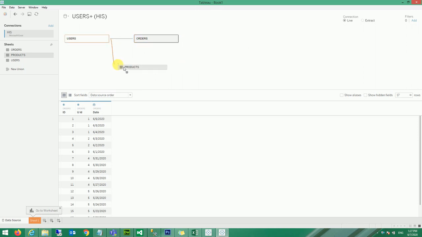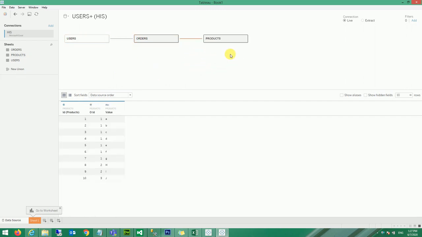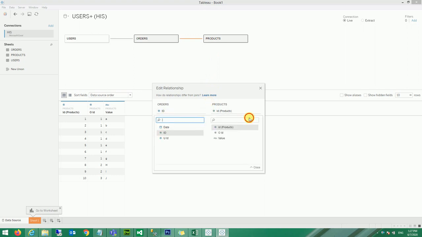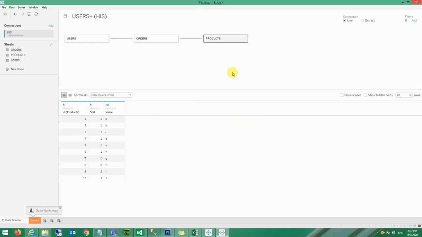Now you see where you want to join, it automatically switches. You can join it any way. So anyway, we'll join with order because we know what the correct relationship is, and again it pops up the same thing. So we have the order ID, but from the products it will be order ID, not the ID. So now after having this, we have the correct relationships, not the joins.